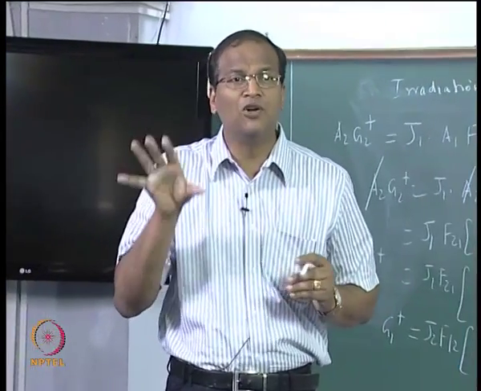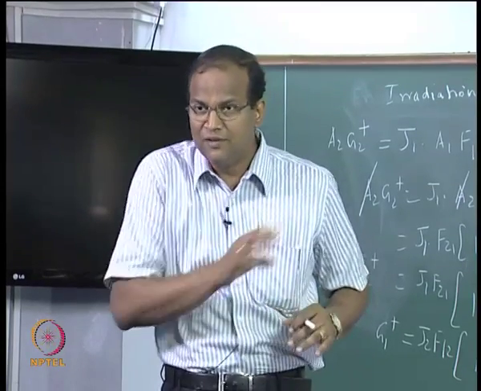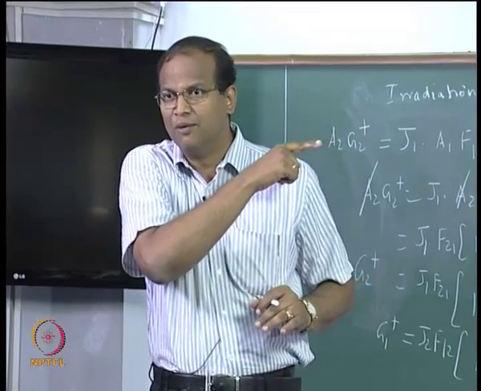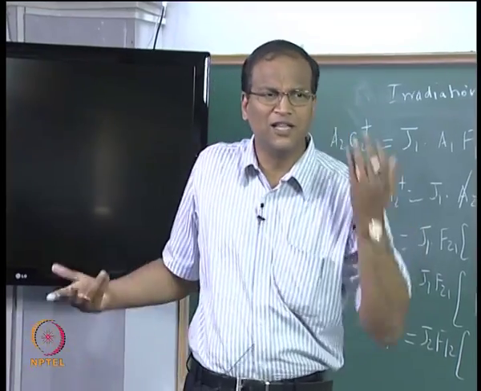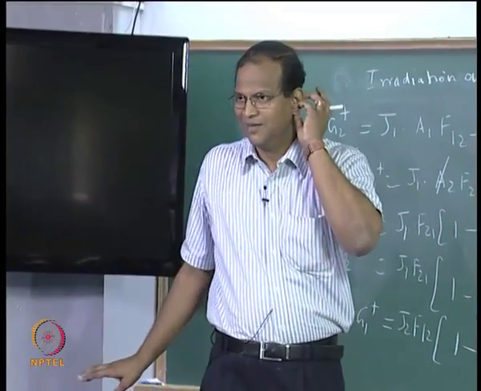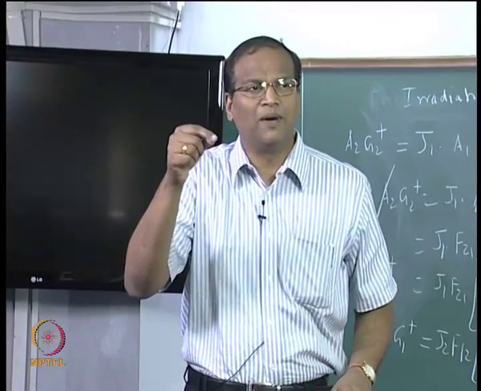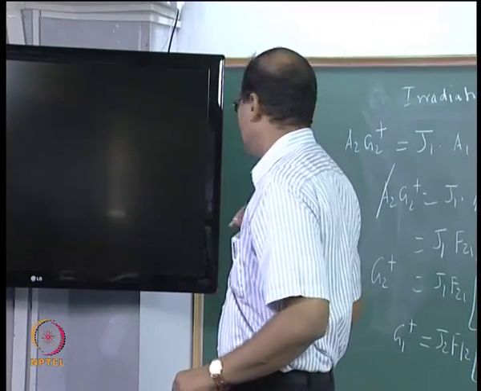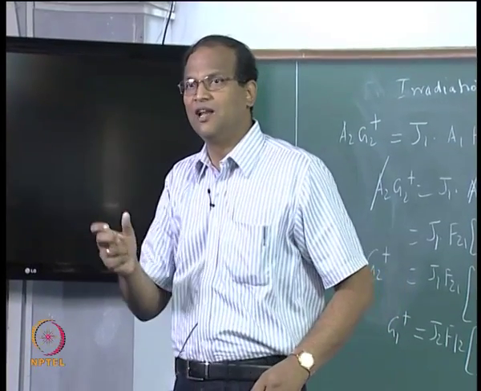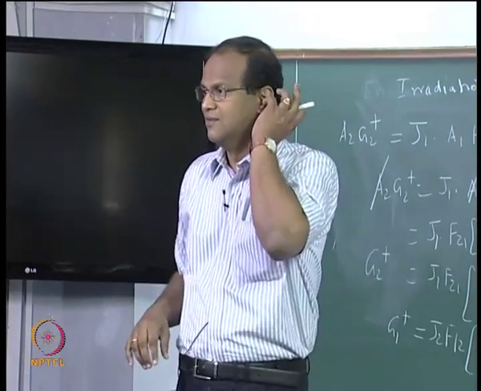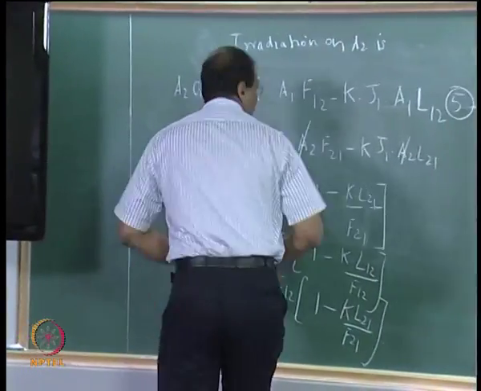Kappa represents the amount of mischief caused by the gas. Even if it is an optically thin gas only, that is why we are able to write e to the power of minus kappa, even then it will come. If kappa is equal to 0, then there is no need to consider gas radiation at all. Therefore, this 1 minus kappa L21 by F21 can be considered as the tau of G, that can be considered as the tau of ij, transmissivity of the gas. Okay. So, G1 star